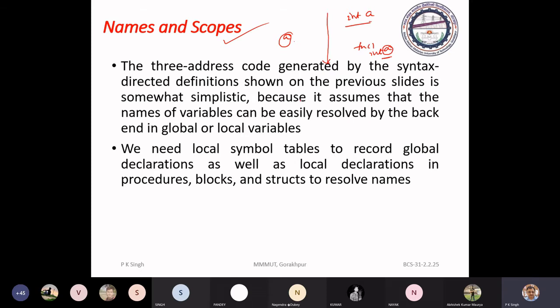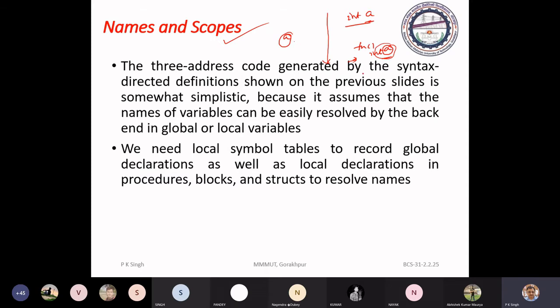So when control of execution goes through another function, you have a certain value of this a. But when control of execution enters into this function, you will see the value of a is changed. Now it will refer only to the local one, and you start manipulation of this information.